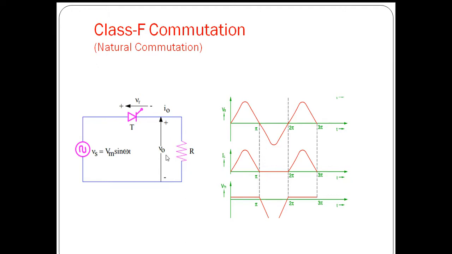How the process will be happening in this circuit, we are going to see. And we are observing the output voltage and current through the load during the entire one cycle of the class F commutation. So initially when we are applying supply to the thyristor, the thyristor won't conduct. It will be acting like an open circuit. When we are providing firing signal to the SCR, the device will be in conduction.